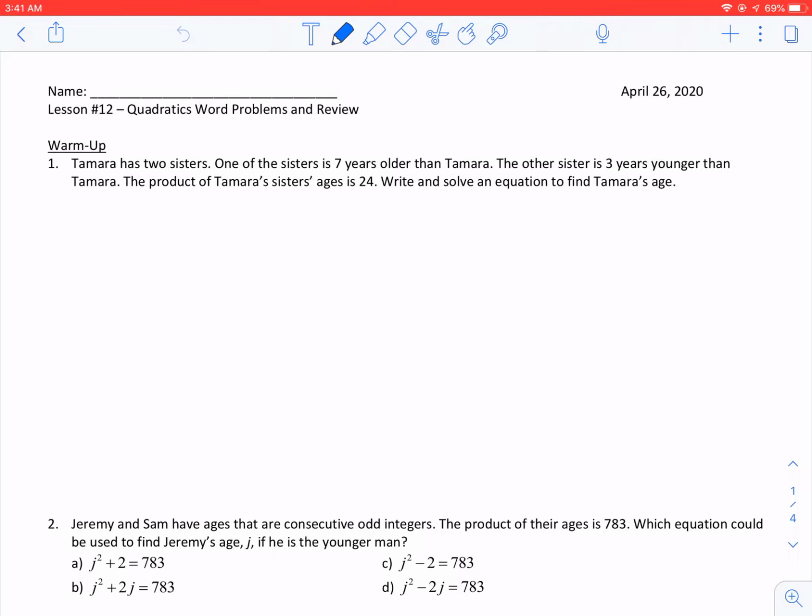Today we're going to be doing some word problems with quadratics. It's actually not as bad as you might be thinking. It's really similar to word problems we've already done, except instead of getting linear equations, we're going to have quadratic equations, which we know how to solve